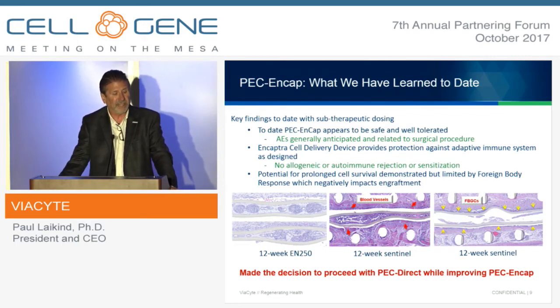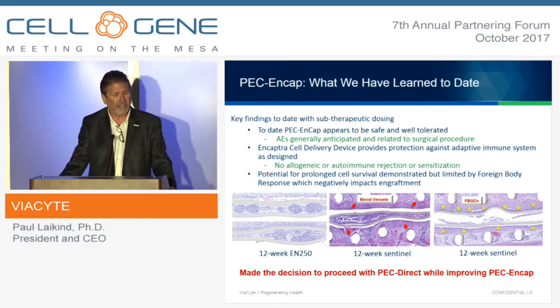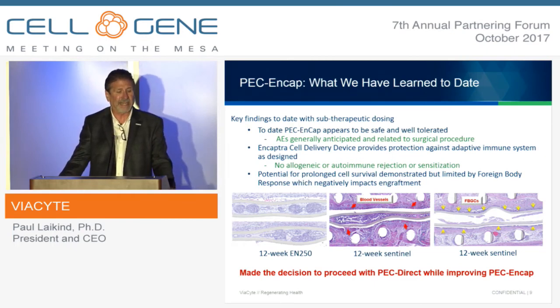We did see the potential for longer-term cell survival, and you can see that in the first 2 panels there. Those are 12-week devices that have been pulled out and subject to histology, and we can see good cell survival, islet-like tissue. When we immune stain those, we can see that there's beta cells and alpha cells in the graft. We see vascularization. However, those were not the rule. Mostly what we saw was in that last panel there,